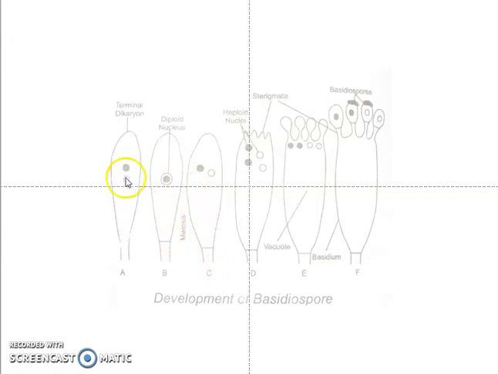See, dikaryotic mycelium: when the two nuclei are present, they are called dikaryotic. When they fuse, they become a diploid nucleus. And due to meiosis, which is called reduction division, the diploid condition will be converted to haploid condition. So the nucleus will split first into two during the first meiosis, followed by the second meiosis, where these two nuclei again split into two. So 4 daughter nuclei are formed which are haploid.